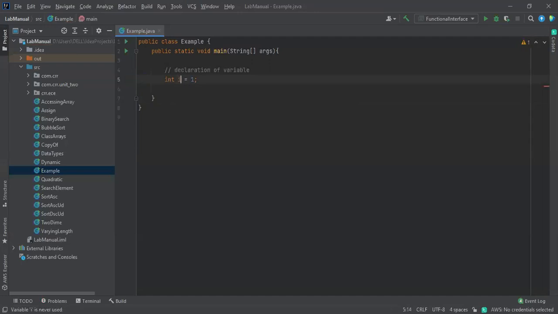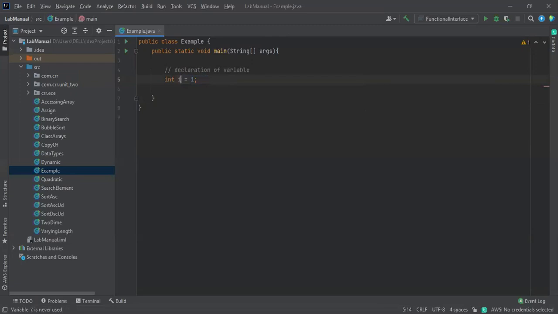That doesn't matter. So the only special character allowed is the underscore. If there are two words inside a variable name or a method name, they are separated by an underscore. Only underscore is allowed. Dot operators and hyphens are not allowed. Remember this one: it starts with an alphabet only, and it is always a small letter. You should not start with a capital letter. Only small letters for the variable name.